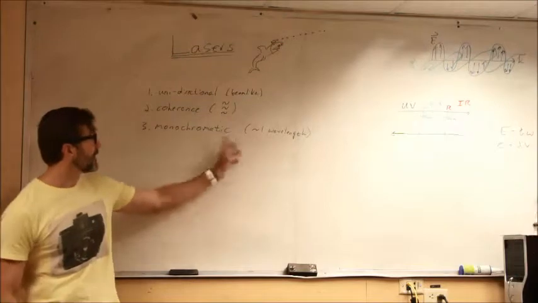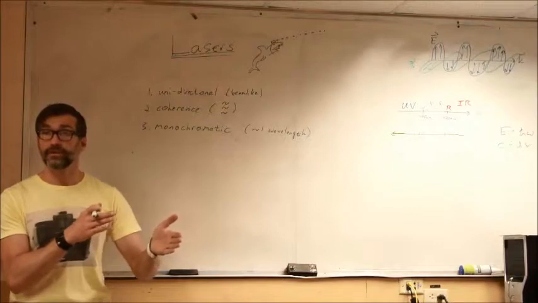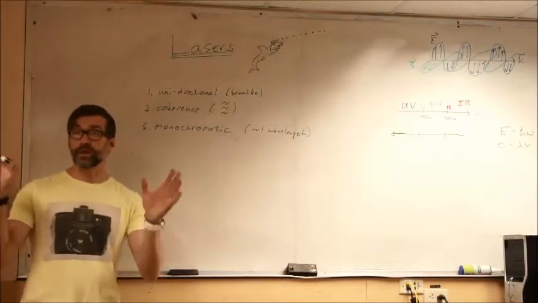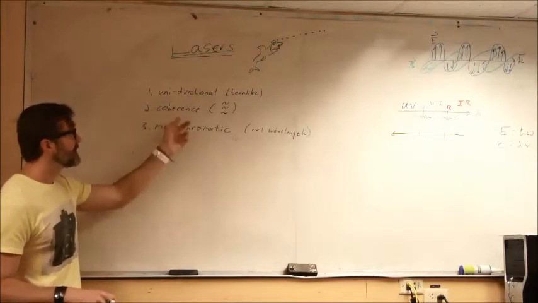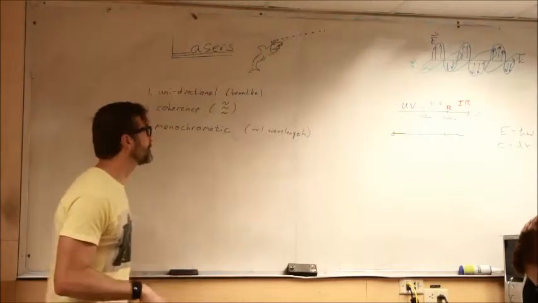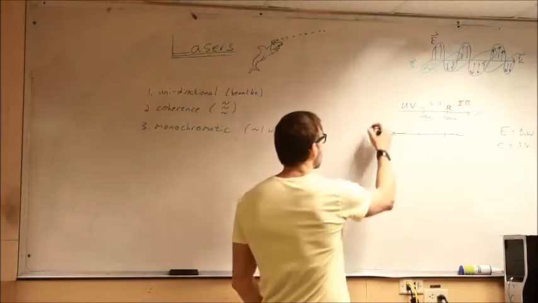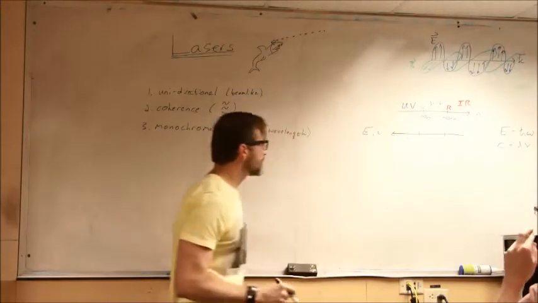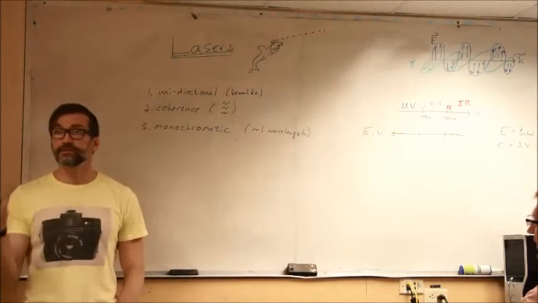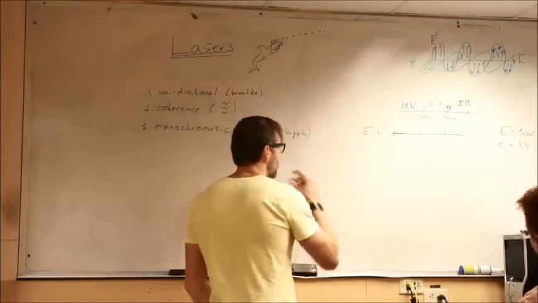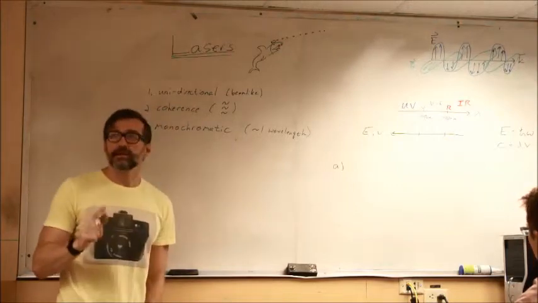And you'll notice all the other sources I showed you were multichromatic. Even the discrete ones had several frequencies in the output. None of them are beam-like, all right? And in fact, in a discussion we'll have in a couple of days, none of them were particularly coherent, right? So how do we actually achieve this with laser light? Well, to do this, it helps to contrast the underlying quantum mechanical process of laser light with the underlying quantum mechanical process of all of these other forms of light emission. All of the other forms of light emission have made use of basically a single phenomenon,